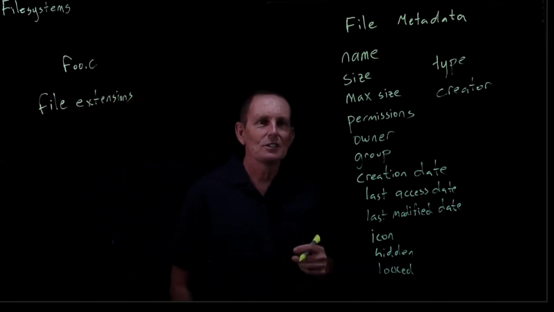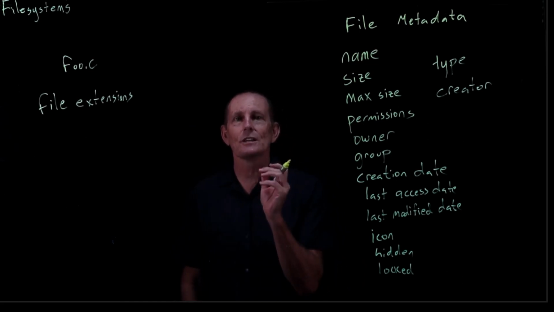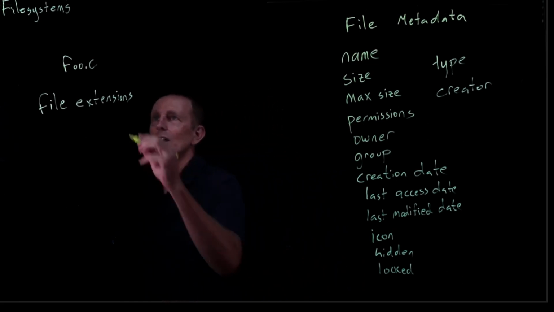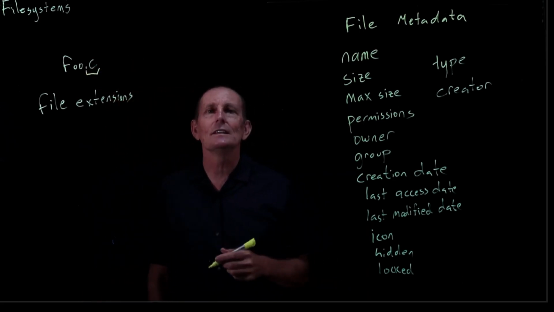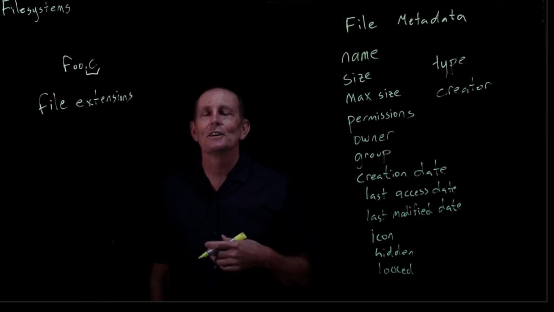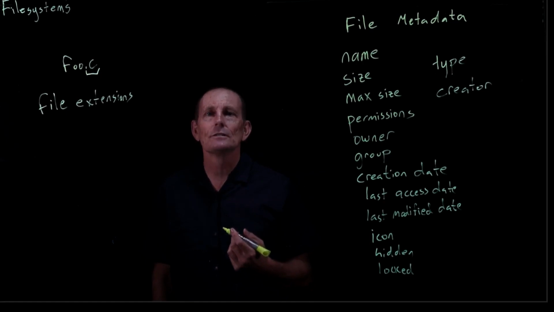In the past, that used to be on DOS, very specific in that you had 3-character extensions. That's more generalized these days. So now the .c is the extension. So we could have .c, .doc, .docx, .txt, all those sorts of things. On Unix, this is a convention. In some cases, it's sort of enforced by the OS.